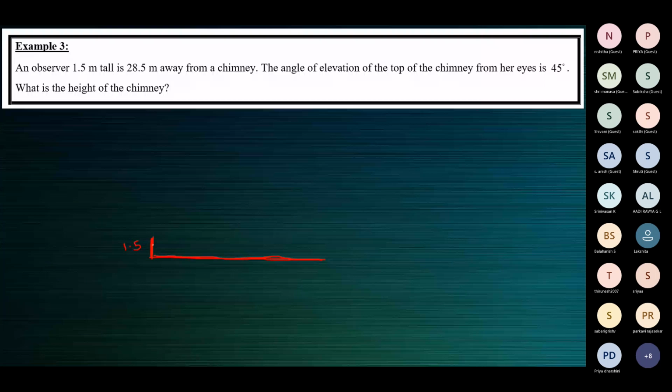An observer 1.5 meters tall is 28.5 meters away from a chimney. So there's a chimney. The chimney is also on the ground. Let us represent the chimney by this line segment. Now,